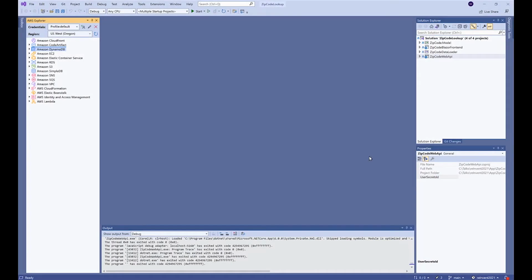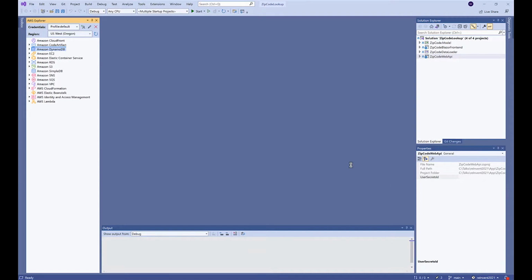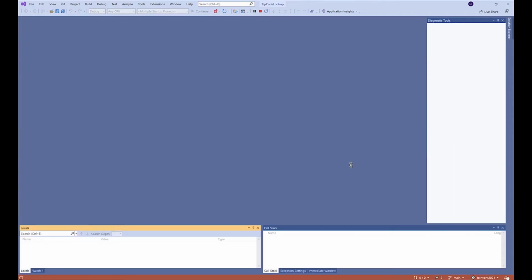Now here we are in Visual Studio. I did say we're imagining that this is three separate teams, but to keep the demo easier to do today, we're just going to have all the things in one solution so we can see the whole product together. In fact, I'm going to just press F5 so we can see locally what this project is going to look like when we get it deployed.